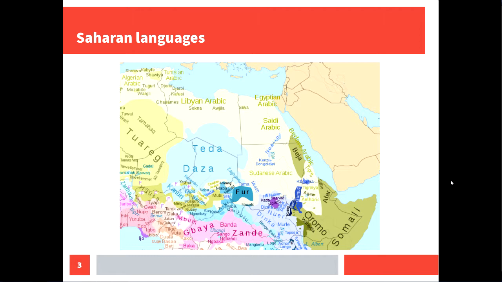Saharan is remarkable for being the second most northern spoken Nilo-Saharan language. In this map, Nilo-Saharan languages are depicted in shades of blue. The northernmost is Nubian, which is a Nubian language spoken in Egypt. Others are spoken at a higher latitude. So it's worth mentioning the other Nubian languages.